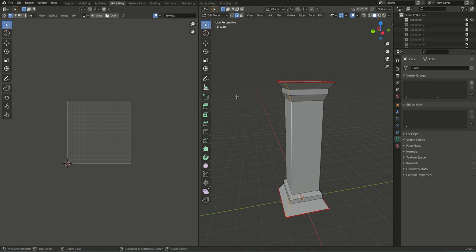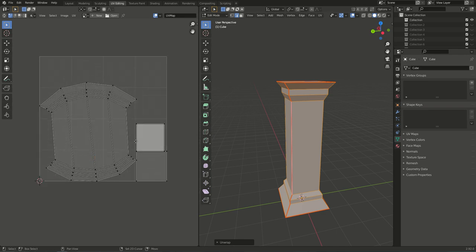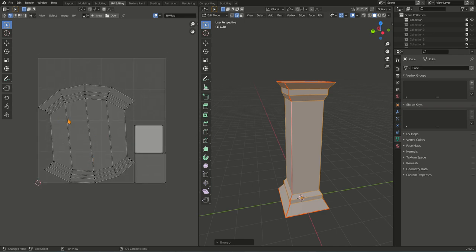So now Ctrl E, mark seam, and if we select everything, hit U for unwrap, and we unwrap, well, this doesn't look like expected. So let's go and